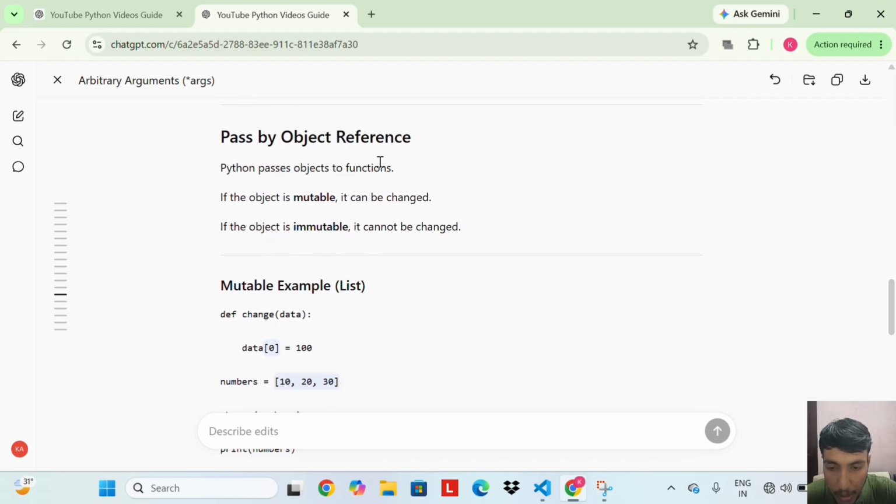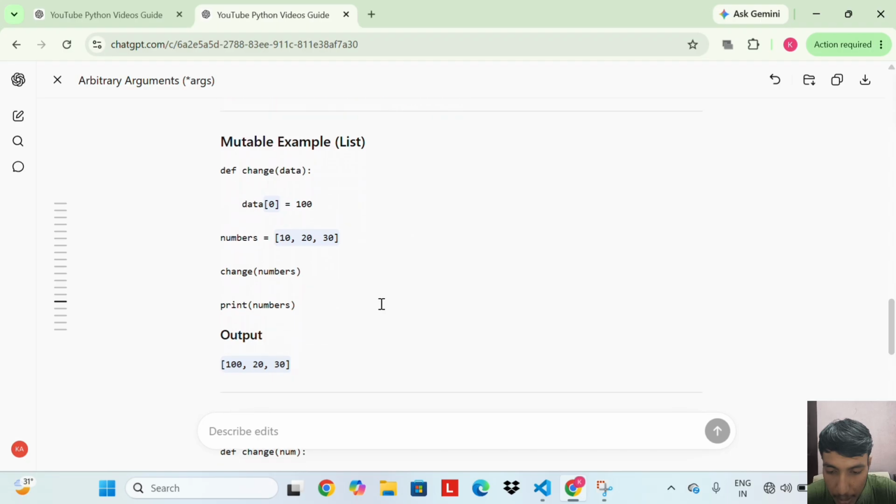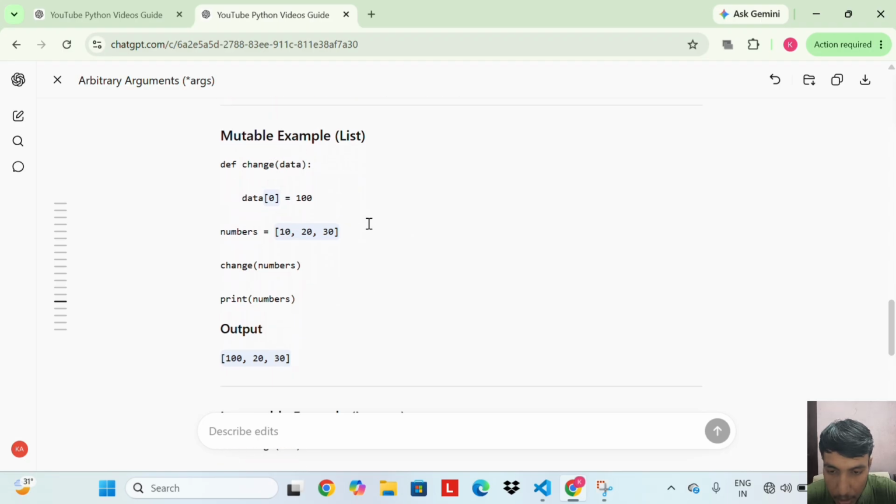Pass by object reference. Python passes objects to functions. If the object is mutable, it can be changed. If the object is immutable, it cannot be changed. Mutable example, a list.